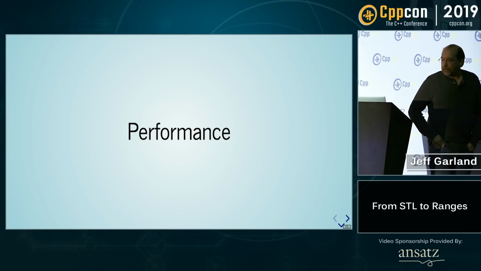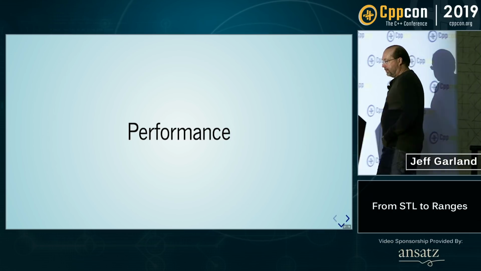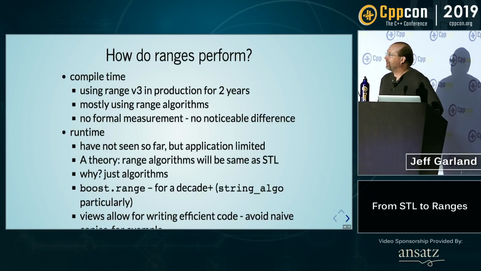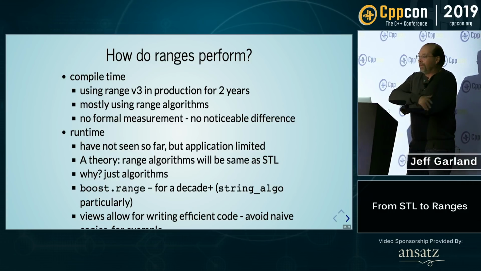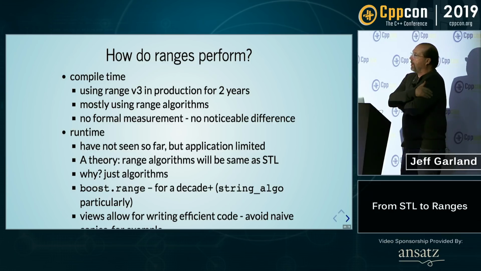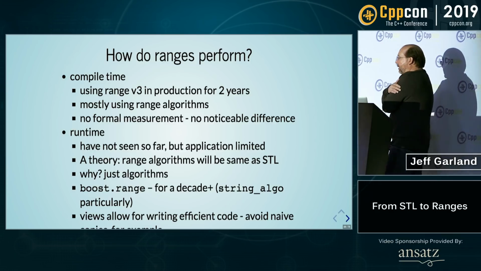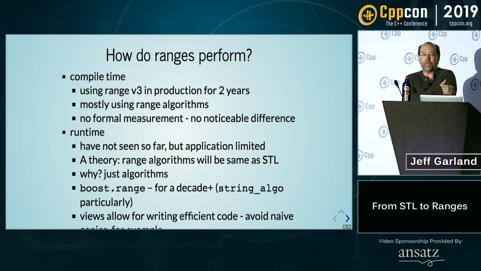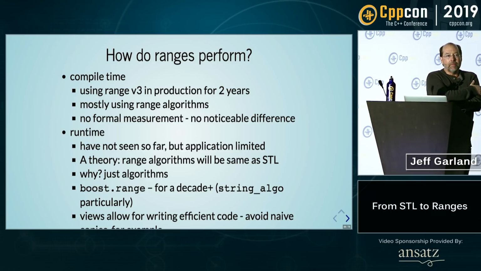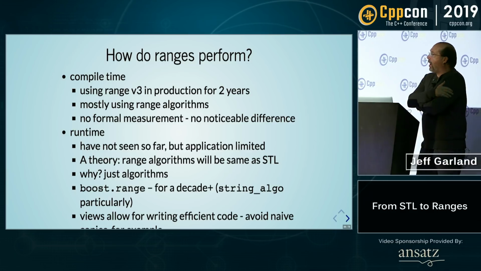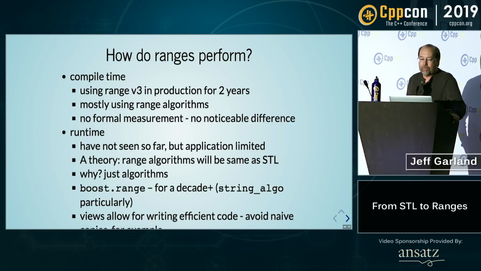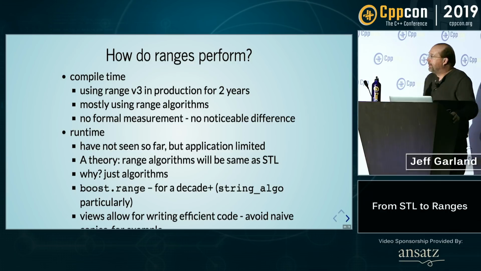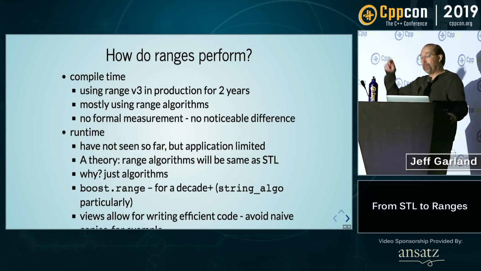Everything I'm about to tell you about performance is entirely anecdotal, which is to say it's meaningless. So take it for what it's worth. As I said, we've been using Range v3 in production for a couple of years now. And our experience is that we mostly use range algorithms, mostly because when we started, we didn't know how to use views. So we're gradually using more views. We've seen no measurable difference in compile time performance, but that's just us putting our finger in the wind and